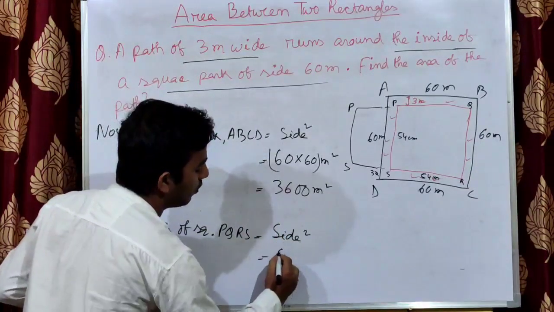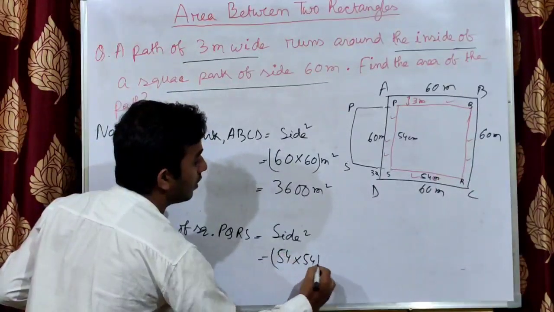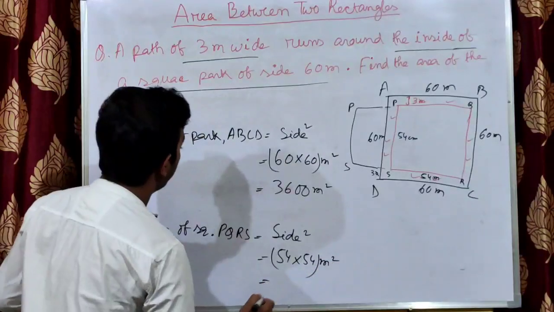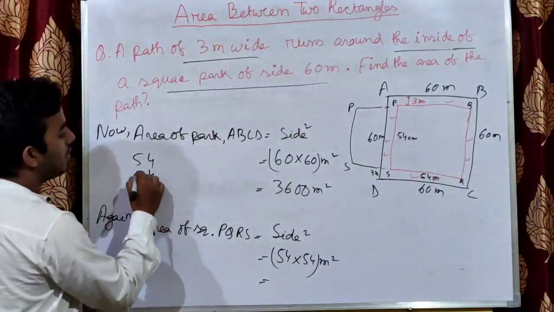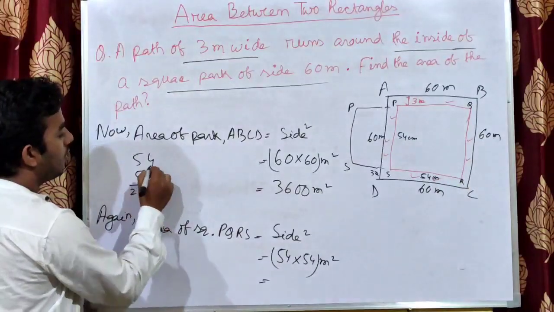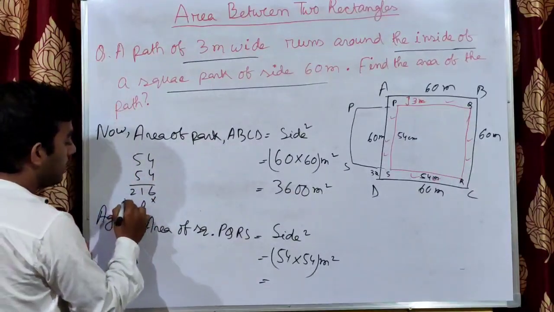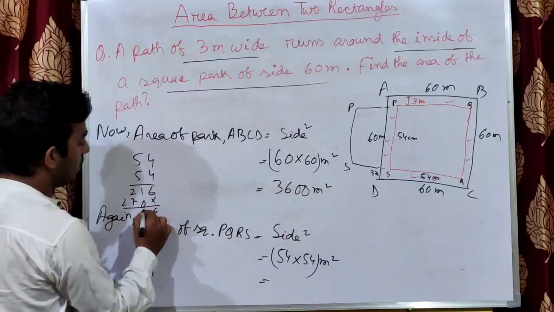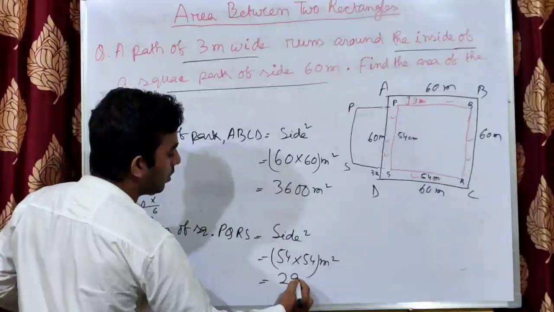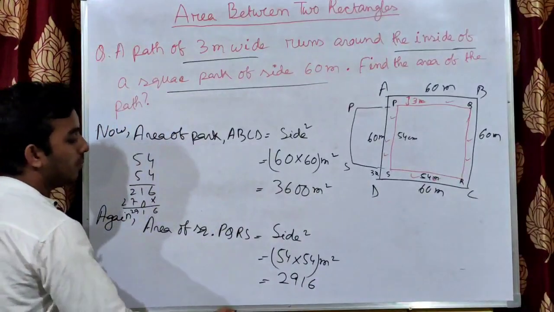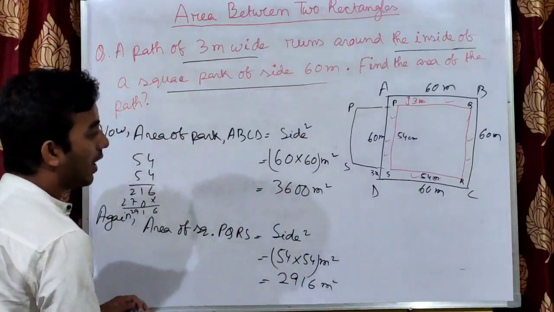So side is 54 into 54 meter square. If we multiply 54 with 54, 4 4 16, 5 4 20, 21, 5 4 22, 5 5 25, 26, 27, it is 2916. That means the area of the square PQRS is